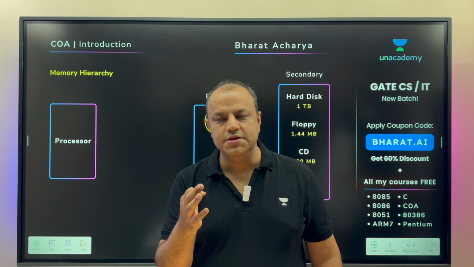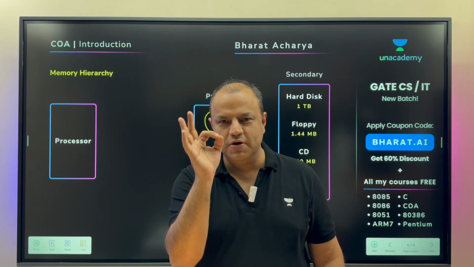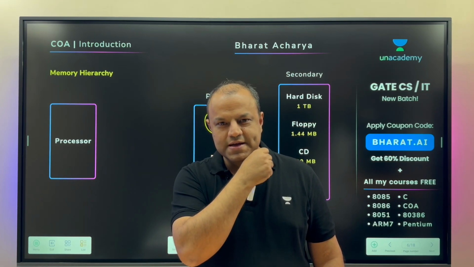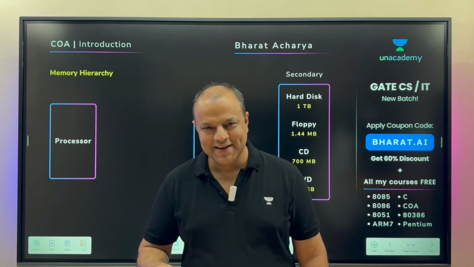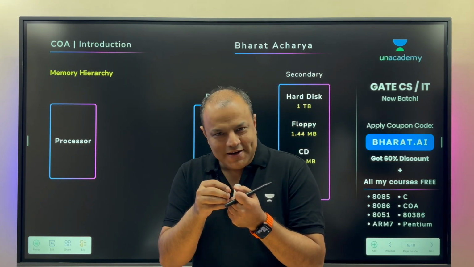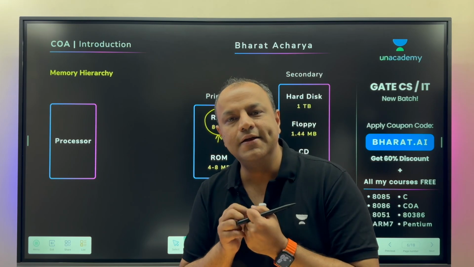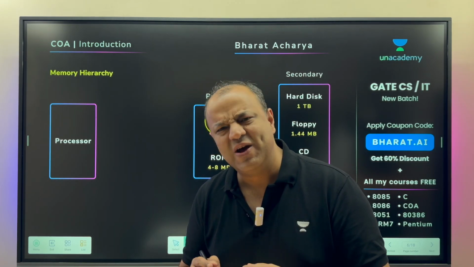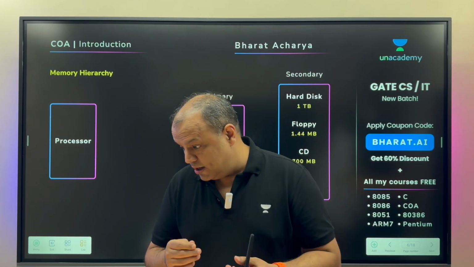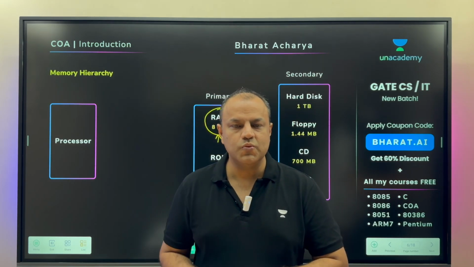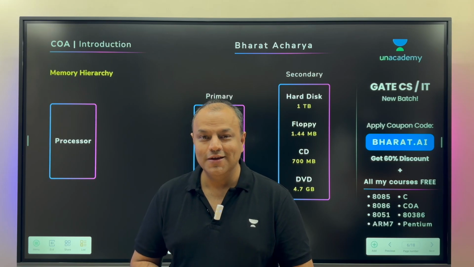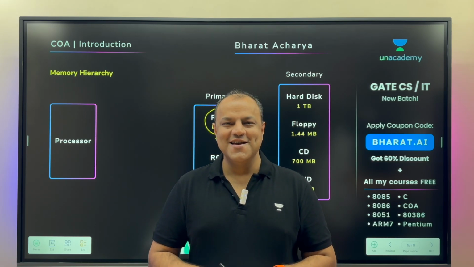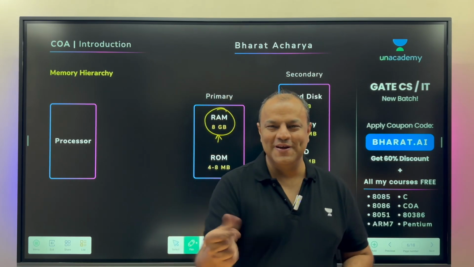Coming back, the technology is about storing one bit. If you understand how to store one bit, you understand how to store any information. Are you clear? That one bit is stored in RAM in two ways. Like I said, we came from the concept of what are the two types of RAM, static and dynamic, and why is static faster? Look here, RAM stores data either in a capacitor or a flip-flop. Let's look at both of them.